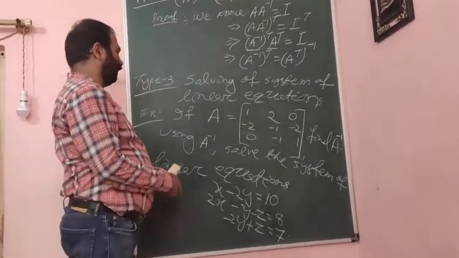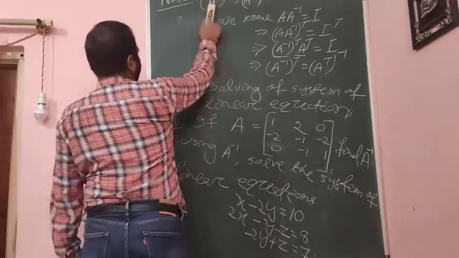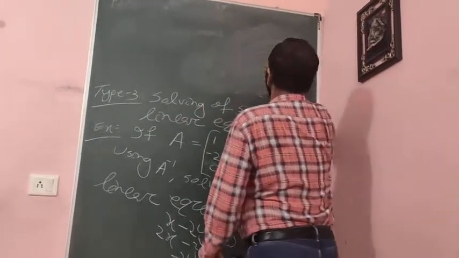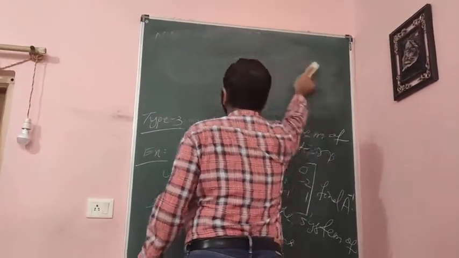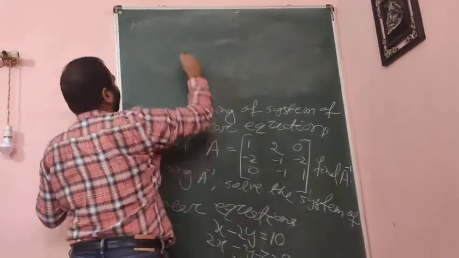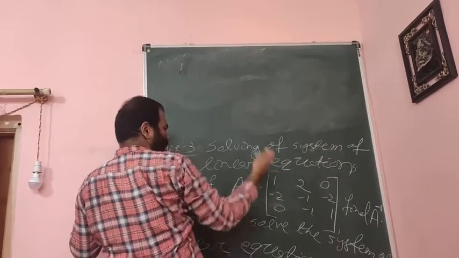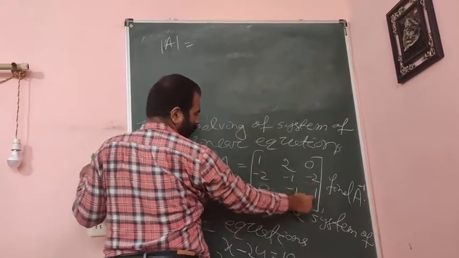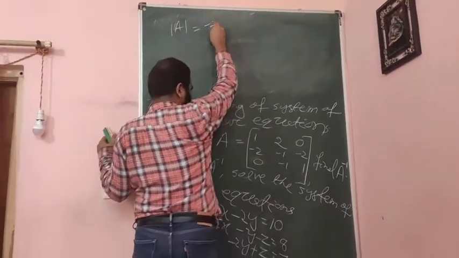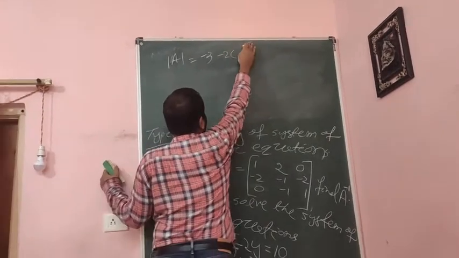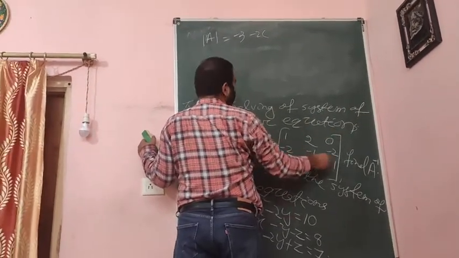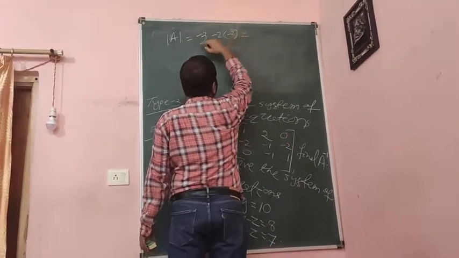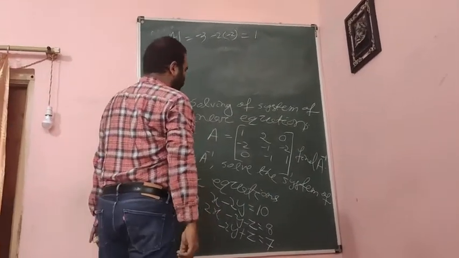Okay, so before that, you find the inverse of this matrix. You know how to find the inverse of a matrix. So find the cofactors. First find the determinant. What is the determinant of A? Here 1 into minus 1 times 1, which is minus 1, minus 2 times 0, plus 0 into something, so 0. Here it is plus 4 minus 3, which is 1. Determinant is 1.